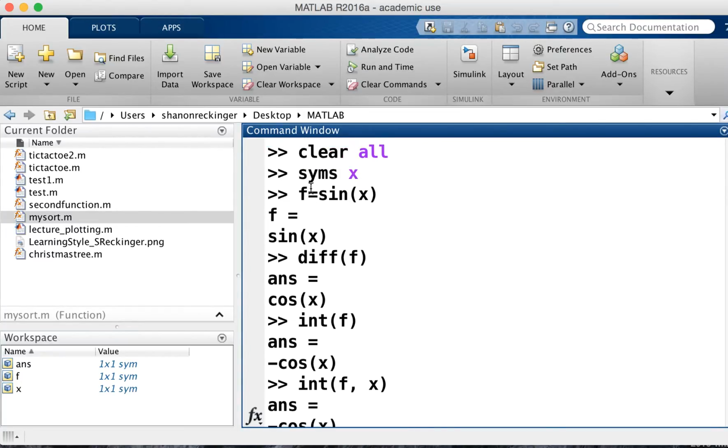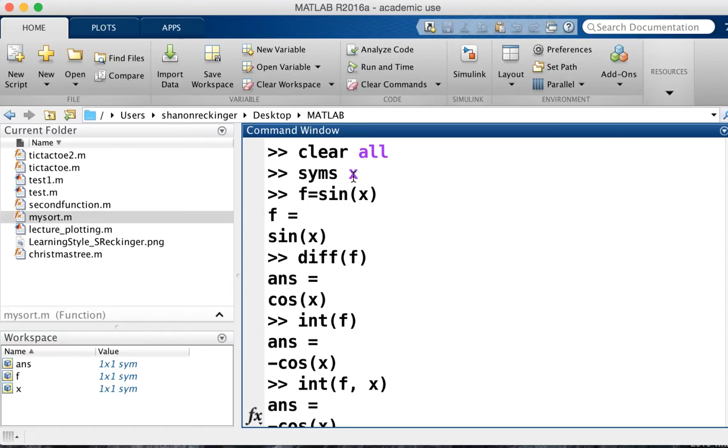So the key is that you need to define a symbolic variable to start using the symbolic toolbox. Are there any questions about the symbolic toolbox? All right,